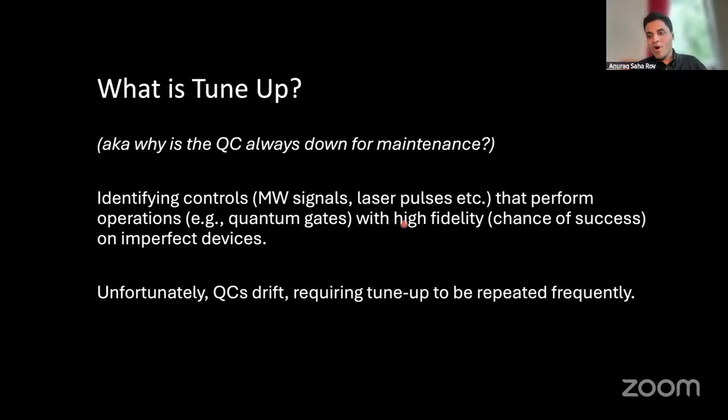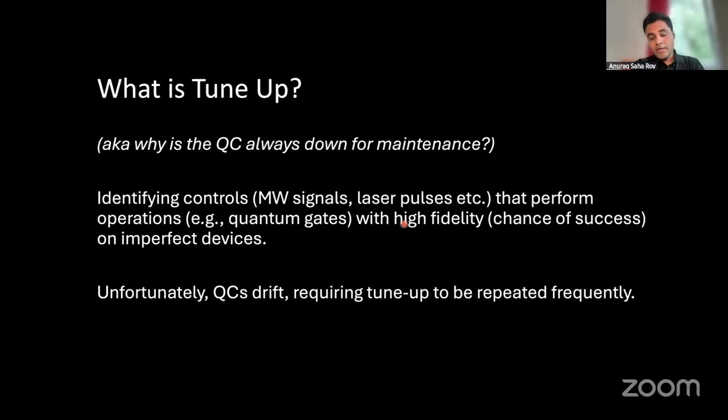So you might have wondered, okay, why is this quantum computer always down for maintenance? Who's maintaining it, and why are they doing such a bad job of maintaining it? This is usually because they are being tuned up. So tuning up means that when you use a quantum computer, you run these algorithms with certain gates on them. These gates need to be designed very carefully after a lot of calibration, after a lot of characterization, to essentially make sure that the microwave signals or the laser pulses, whatever you're using for controlling your quantum computer, are accurately designed for the application. So this designing the gates and designing how the gates are exactly implemented on the hardware takes a lot of time. This is the typical process of tune-up.